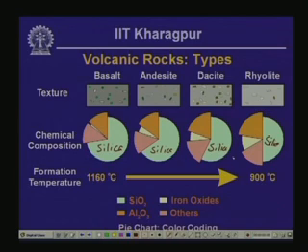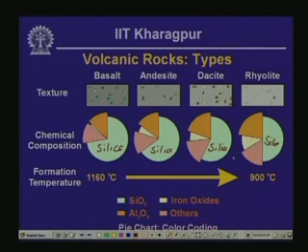You can see that the silica percentage in basalt is much smaller compared to silica percentage in rhyolite, and that is also a reason why the appearance, the color of basalt is likely to be much darker in comparison with rhyolite. And the chemical composition really is a reflection of the chemical composition of the parent magma, and if the